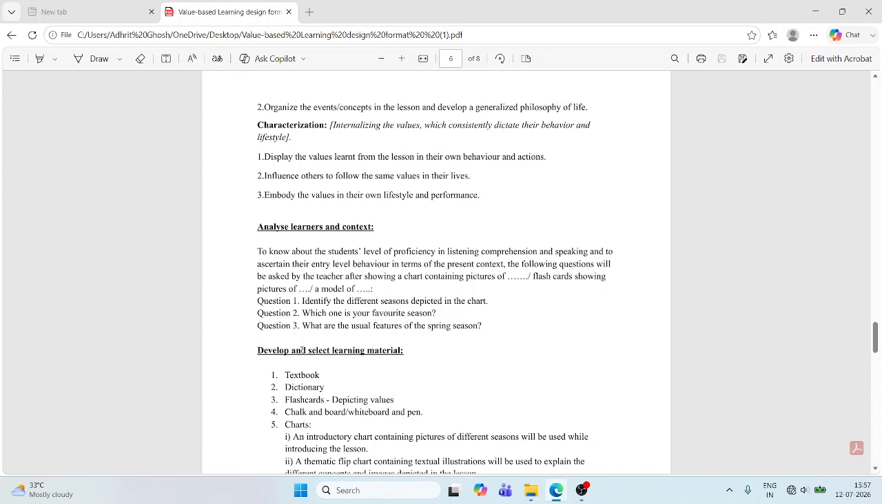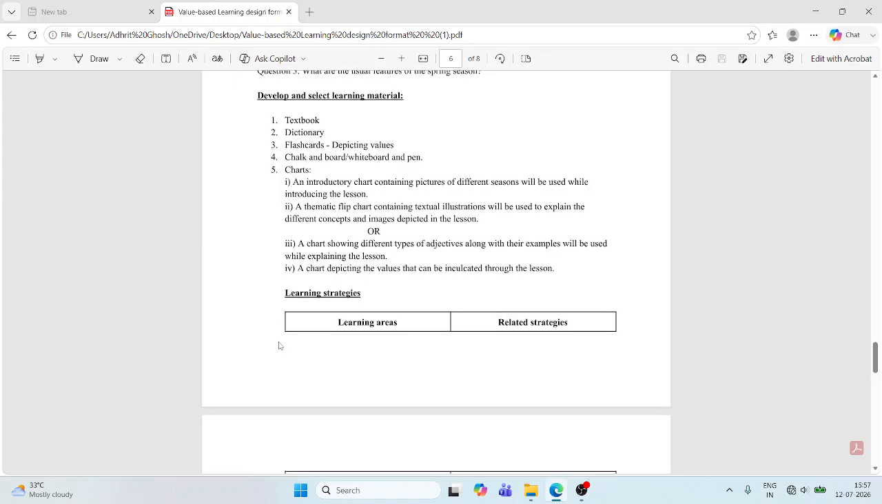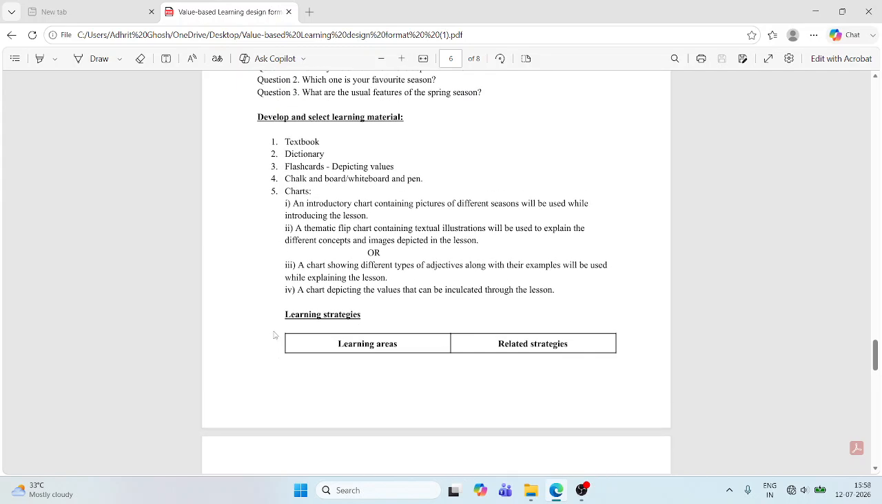Now, analyzing learners and context, this is just a conventional one. That is the contextualizing. That is, you are asking certain introductory questions. All right. So this remains just the same as a conventional learning design. Develop and select learning materials. Whatever learning materials you're using, the textbook or dictionary, flashcards. If you are specifically using certain flashcards or a chart which depicts those specific values which are being actually expressed